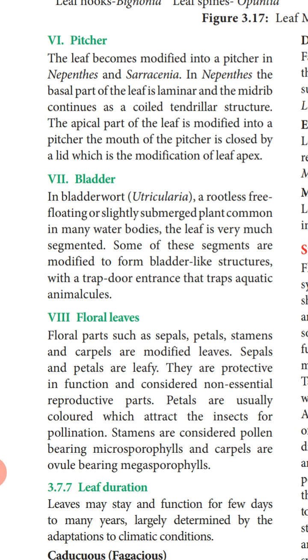So when they are moving in the water with the water current, the animalcules, the small animals which are flowing in the water, are trapped in this bladder and they are utilized by the plants for food. Okay, so here this is a bladder-like structure, or it is found in the bladderwort. It is an aquatic plant.